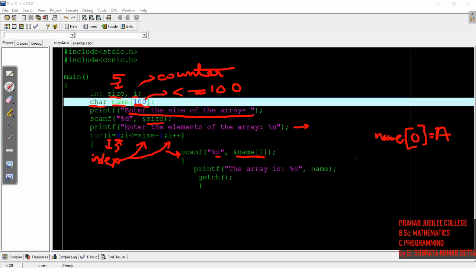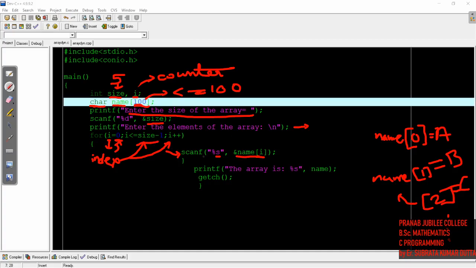Next, say the user enters b, it will be stored in the array name at index number 1. Then the user enters c, now i becomes 2, that is 1 plus 1, and c is stored at index 2 of array name. It will keep on continuing up to whichever size the user has entered minus 1.